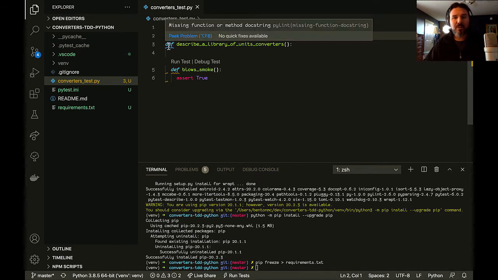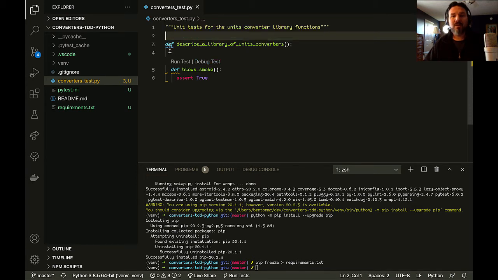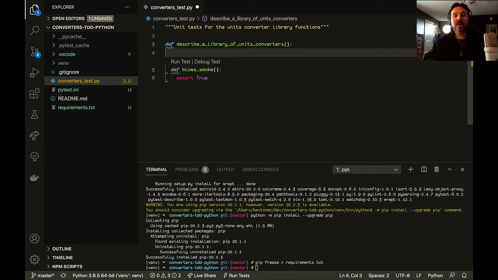Now I still got a blue squiggly here, but now there's only 1 warning instead of 2. It says missing function or method docstring, right? So another rule for Pylint is that every function should have a docstring or some sort of documentation, right? So this is a function, and therefore it should also have a docstring. And in this case, it is test suite for